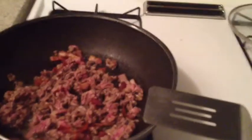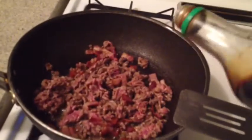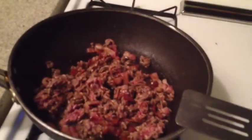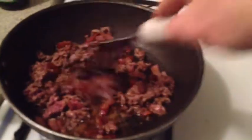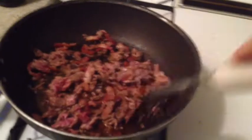Next we'll add in some of this ground beef to this thing and season it up just a bit. Alright, catch you then. Okay, so I've dropped a half a pound in here. I didn't add anything else yet, so I'm going to take some of the soy sauce, and I'll just show you how much I sprinkle on. Just enough to basically coat the ground beef with one little layer, and then I'm going to, with my other hand, shake this around, keep breaking up the ground beef, and just let it cook